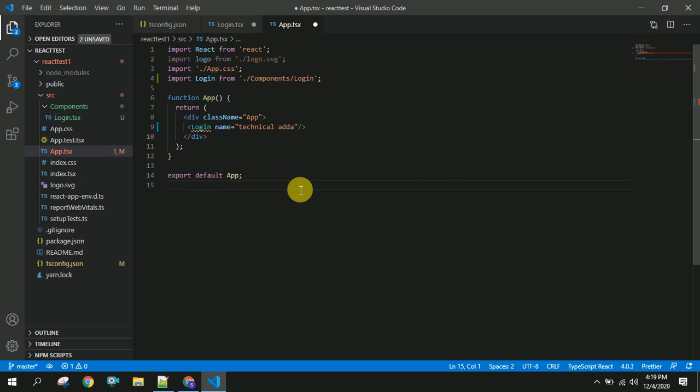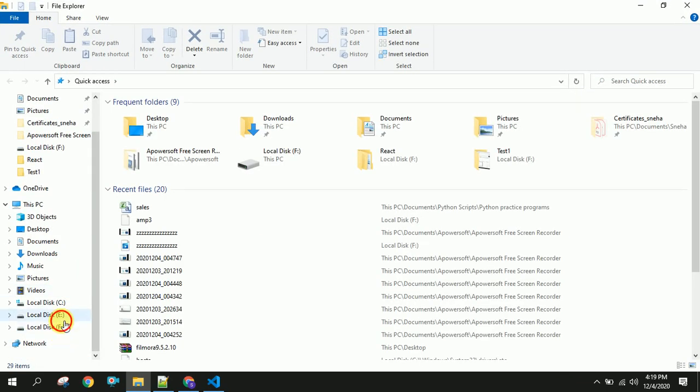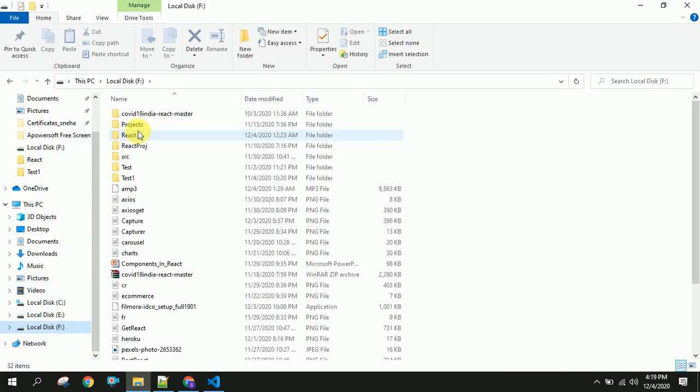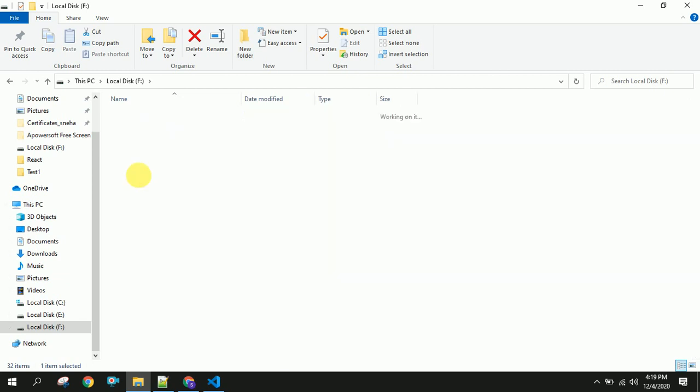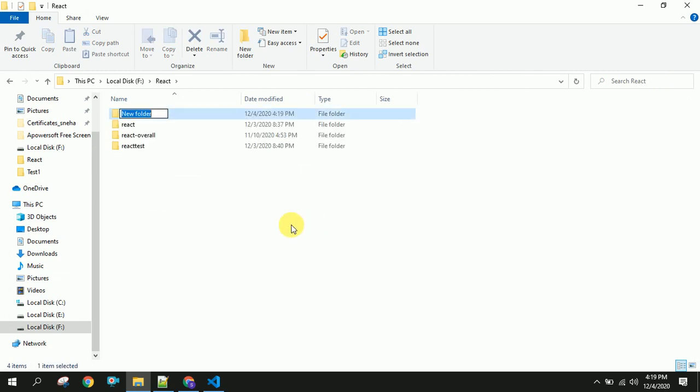And the next thing is we are going to create the project. For that I am going to a folder, and here I am going to create a new folder, React e-commerce.